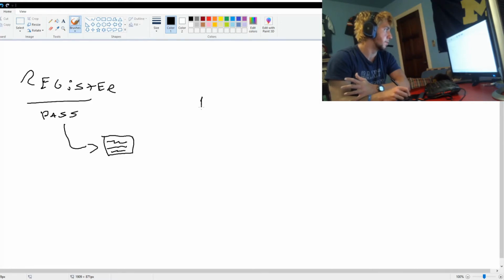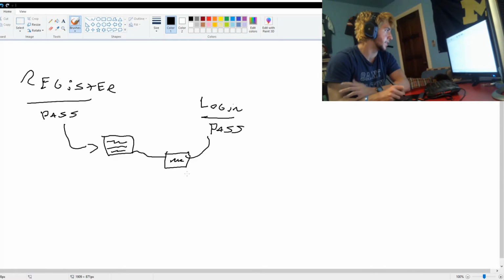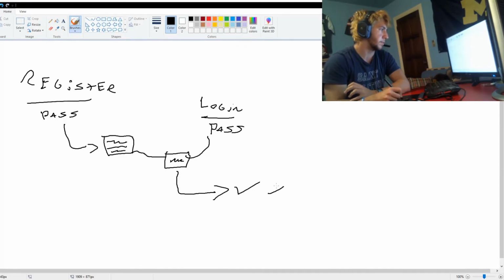Then, when you want to log in, you take your password, and it is sent to their server, which is, say, this box. The server takes the password they have saved in this database and checks to see if they're the same. If they're the same, it allows you to log in successfully. If they're not the same, no login.